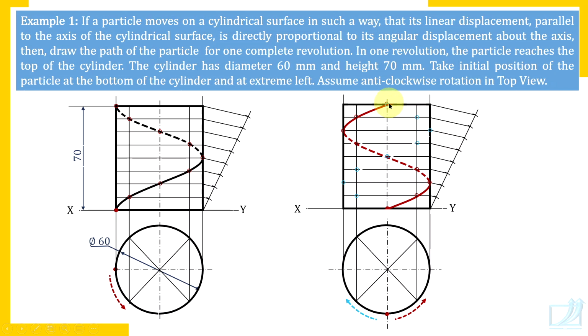And join all these points by smooth curve, but again try to understand, first quarter is visible, then next half is hidden, and then particle moves again on the front side, so last quarter portion is visible. And this is how we have completed the helix. So simple. How to mark the points you must have understood. Take care of direction of rotation and take care of hidden details when the particles moves on a cylinder. There will be some hidden portion because cylindrical surface of the cylinder hides some portion of the helix.